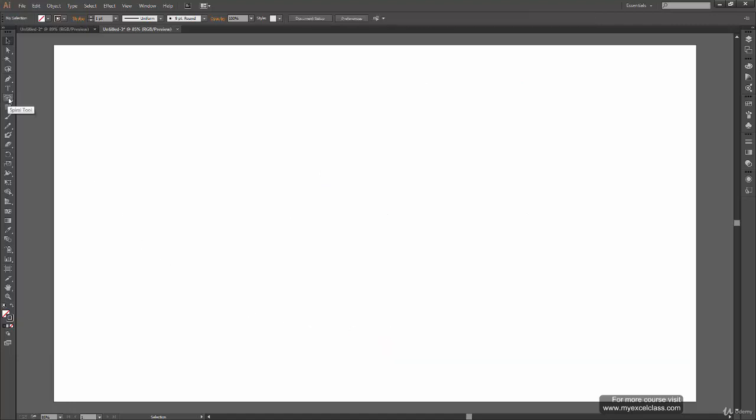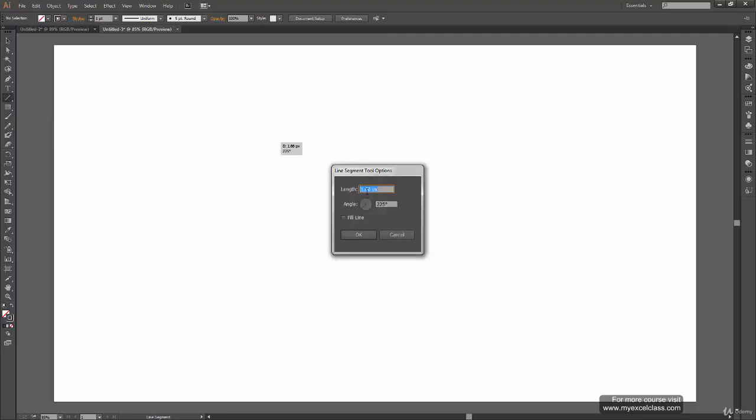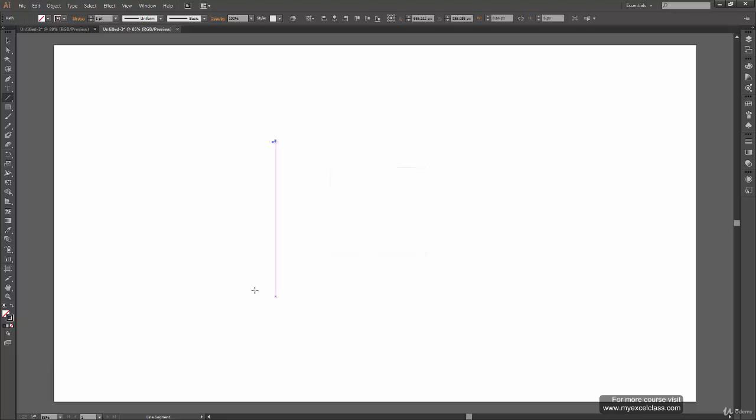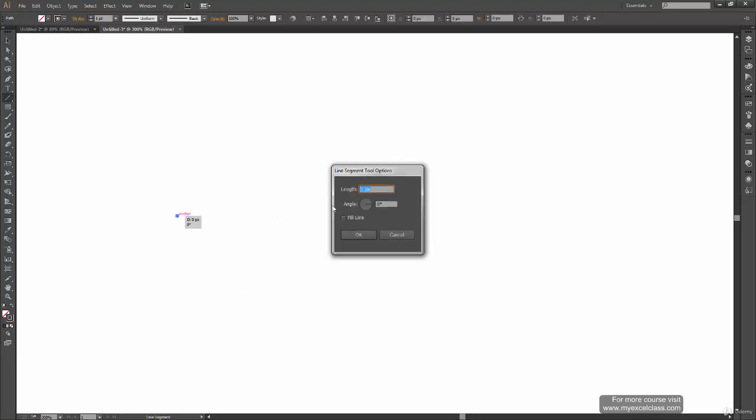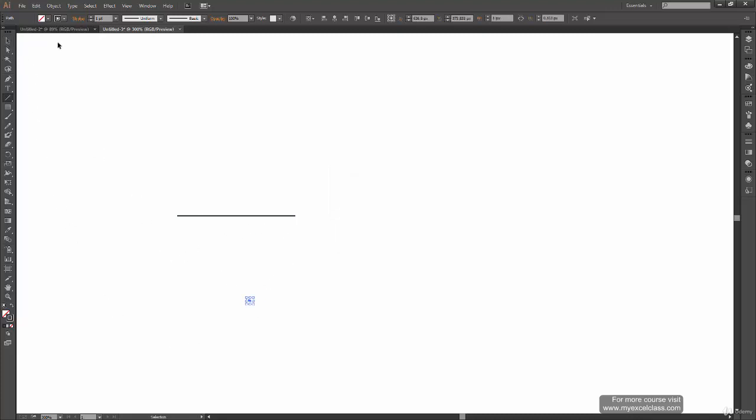Actually, this double click functionality works with all the tools. For the line segment tool, if you double click, it gives you a length. So you can define a length, let's say 10 pixels, and you can decide the angle. Let's say the angle is 45 degrees, or let's say 30 degrees, and press OK. So you actually get a 10 pixel line which is inclined at 30 degrees. The line is really small because we only made it 10 pixels. If you make it 100 pixels, you will be able to see the change. The angle was 0 degrees this time, so we get a perfectly straight line.